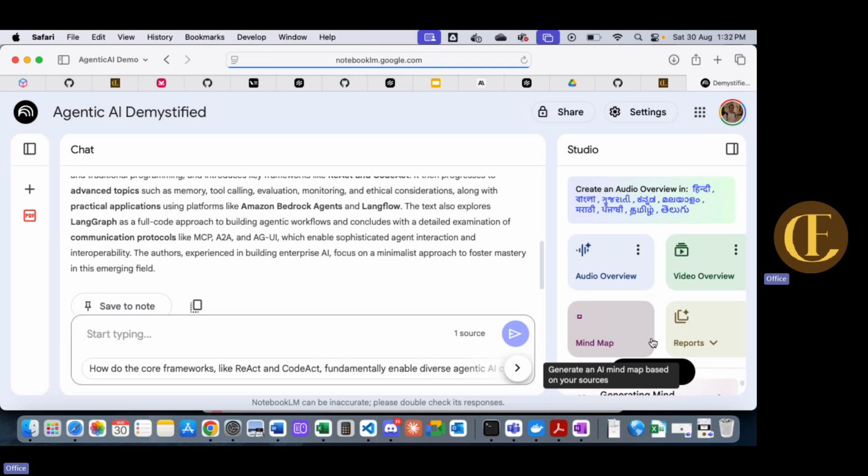It also has the capability to generate audio. It will get the context, then create two totally fake podcasters. It'll be like, hi Jane, what do you think about agentic AI? And then Jane will be like, John, this is what I think, and so on. They're talking with each other. So this is us sending one type of information over here and creating other different types of output based on that. And while it is taking its own sweet time to generate the mind map, probably because we have put in so much information in the book,